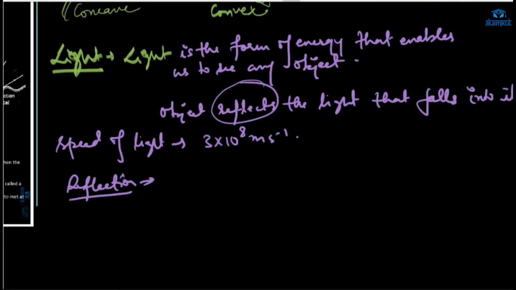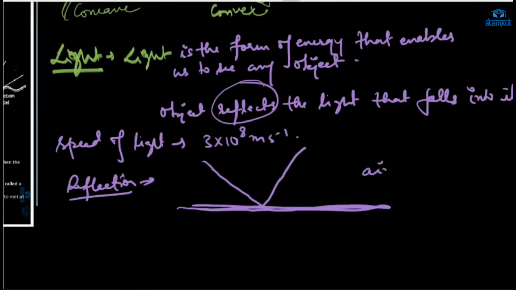When the light bounces back in the same medium, like this: suppose this is the surface of an object, and light falls on it and bounces back to the same medium. Suppose this is the medium, this is air, and this is glass. When light falls on it, this is called the normal. Normal means 90 degrees. The ray which forms 90 degrees with the object is called